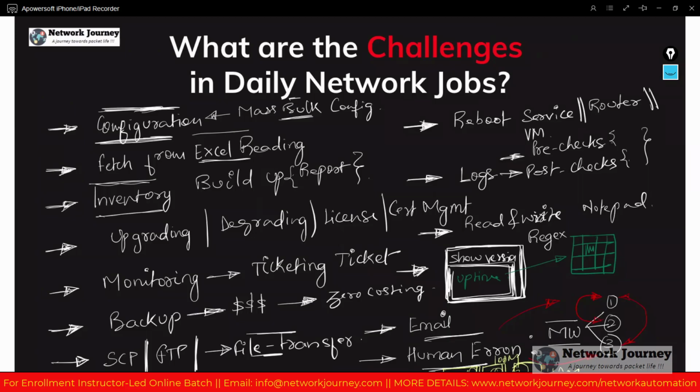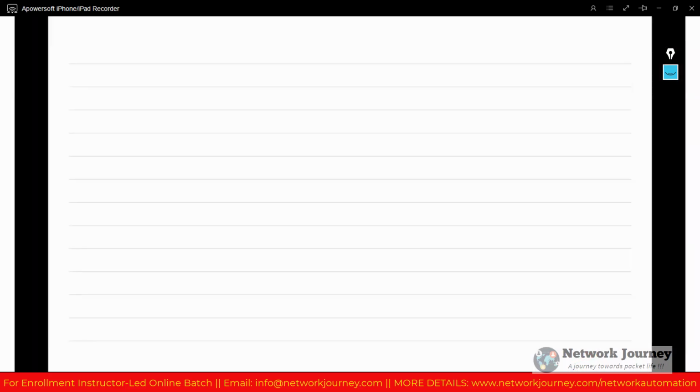There is no copy paste error. There is no human error. So this is also one very highly tested area by introducing automation. Okay, and these are all the traditional problems as well. So what is the solution here? How can you think about a solution here? So the solution is you automate